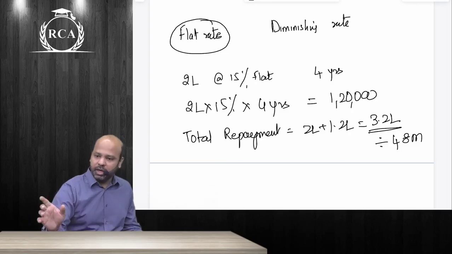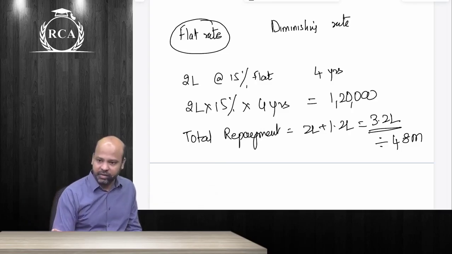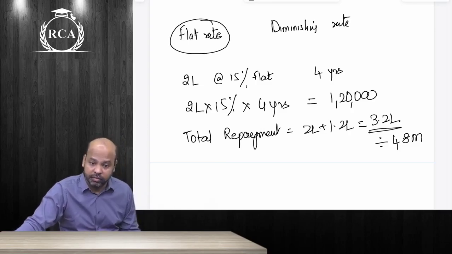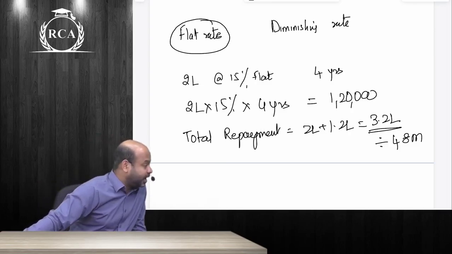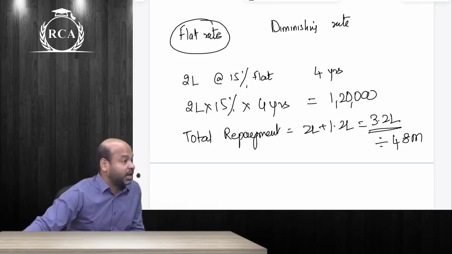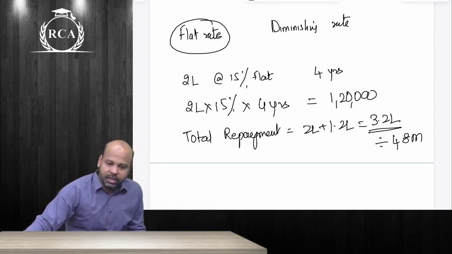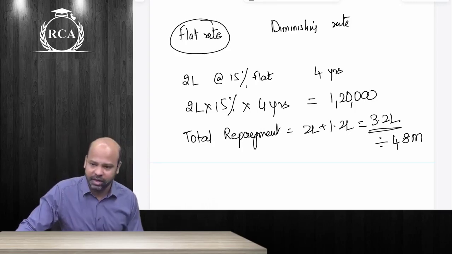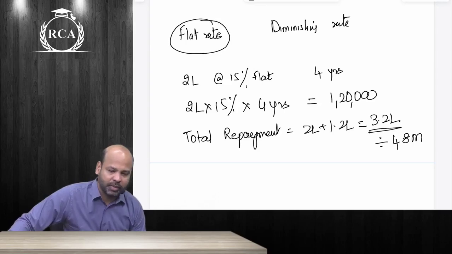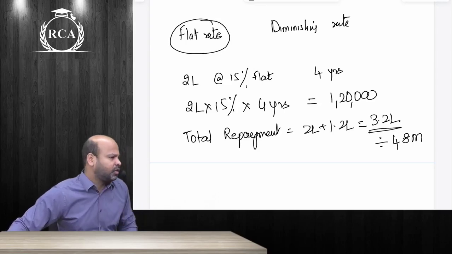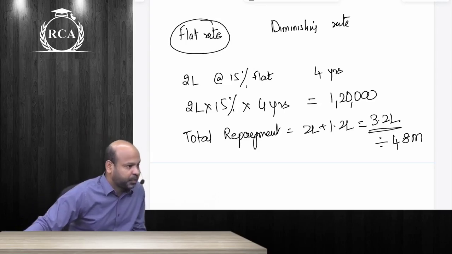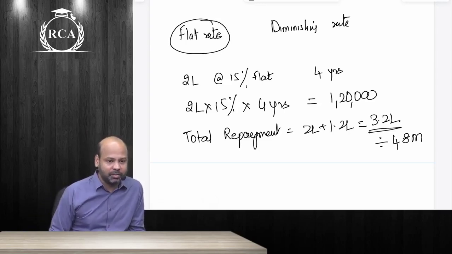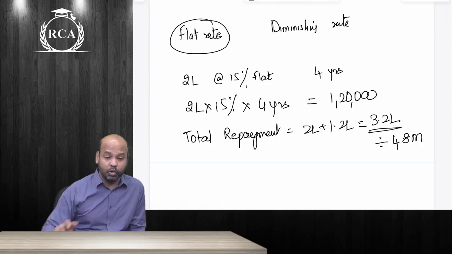All that he concentrates on is that this is a flat rate system. We are buying at only 15%. Who will give me a loan at 15%? This is much cheaper. Bajaj Finance gives certain personal loans at flat rate system. They charge a flat rate of 18% and there's a processing fee of 6%. And the loan is to be repaid over a span of 3 years. Effective interest rate turns out to be as high as 48%. That is the effective rate they are charging because you are repaying the amount right from month 1. How to compute that effective rate?